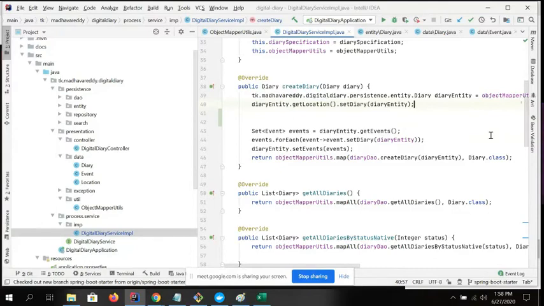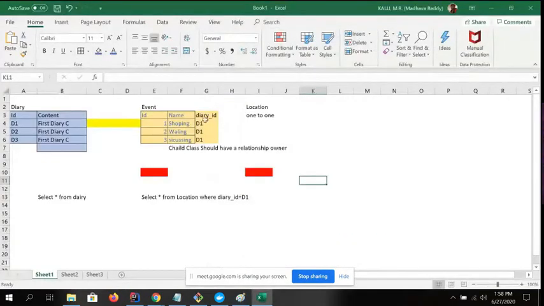Suppose, as I already told you, the child table. Here I specified, okay, here I am bearing ownership. Suppose I am an event and I am owning the relationship with master, and when I say diary ID, how do I get this diary ID? Whoever has the foreign key relationship is the owner, is it like that? Yes, currently I always prefer that whoever has the foreign key relationship is the owner. Now the event is the owner.